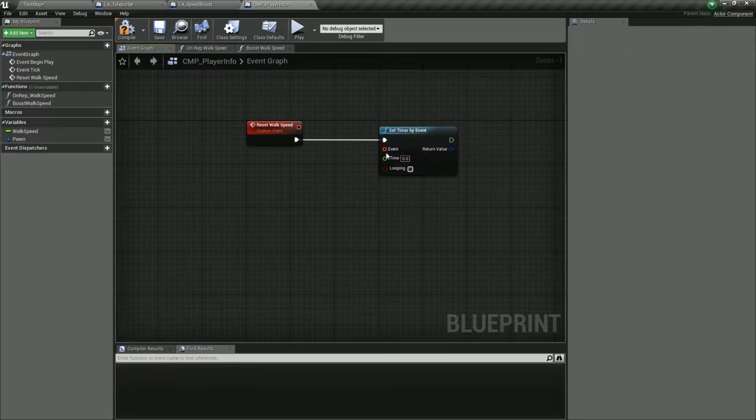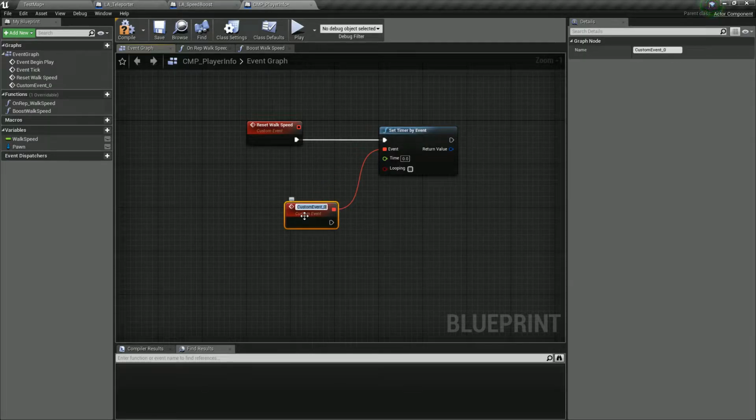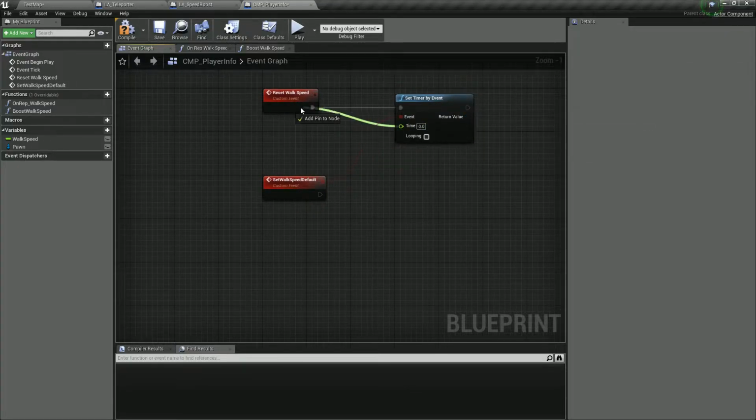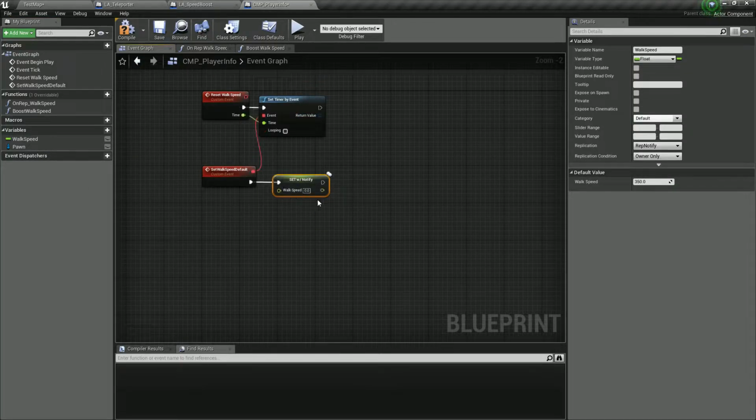We'll drag off of our event pin here. You can type custom event, and this will be default set walk speed. So now we want to drag our time up to this reset walk speed there. What we're going to do from here is set the walk speed to the default, and that would be 350. And also make sure that you go ahead and set that as your default in your parameter as well for